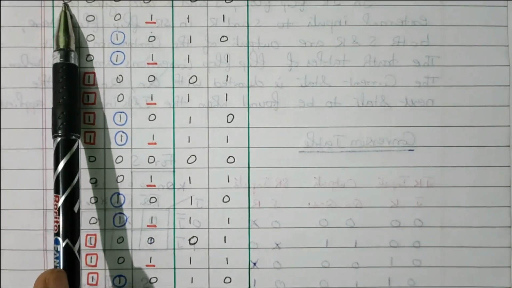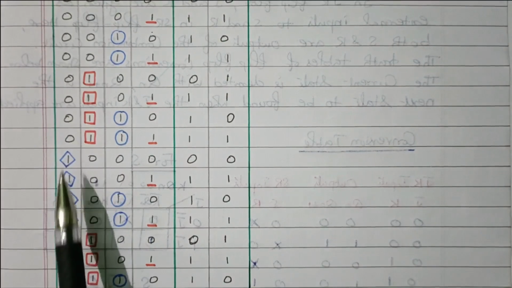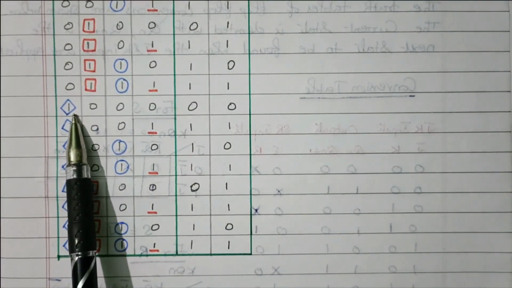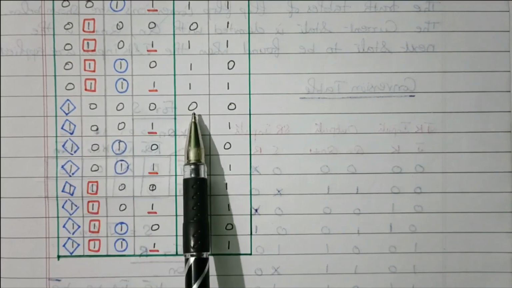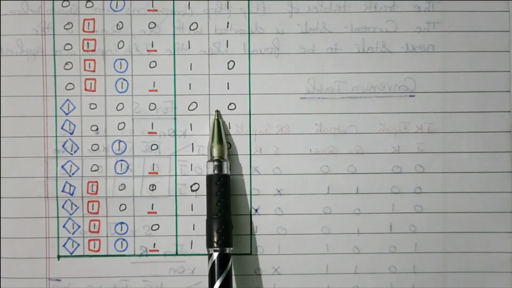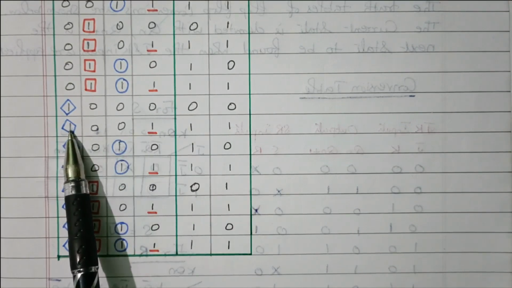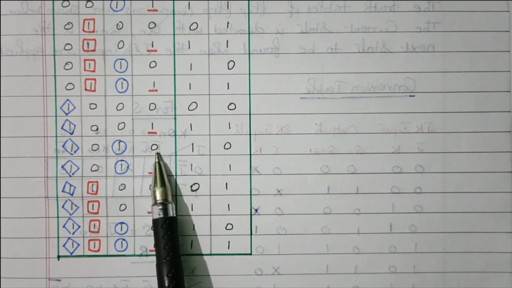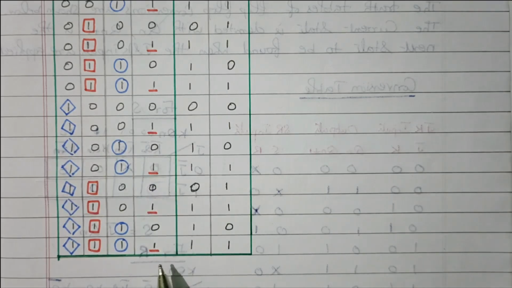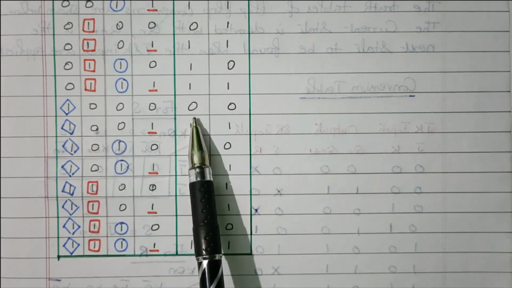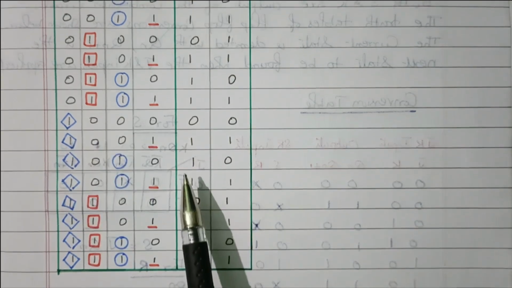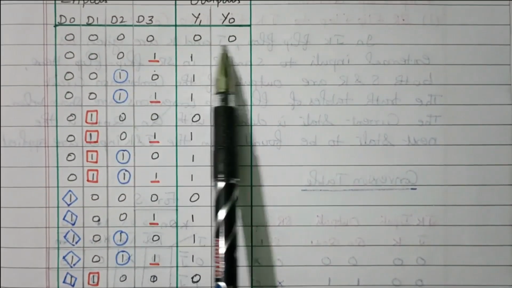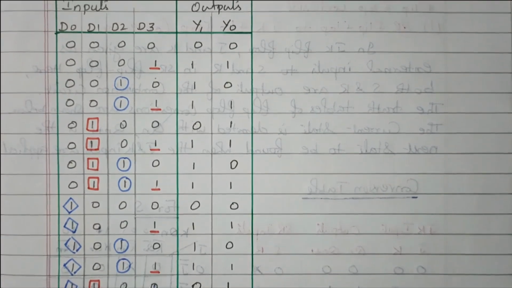The last one is D0 should be 1. So the first 8 have D0 as 0, and the remaining 8 have D0 as 1. Right. Here 1, all others are zeros. So for that case we'll get 0, 0 as the output. Right. So this one is 1, 0, 0, but here 1 is there. Already covered. This is also already covered. These are all already covered. So only this combination will get the last priority 0, 0. Already all are 0, so 0, 0 means the output is also 0, 0. Right. So this will give the